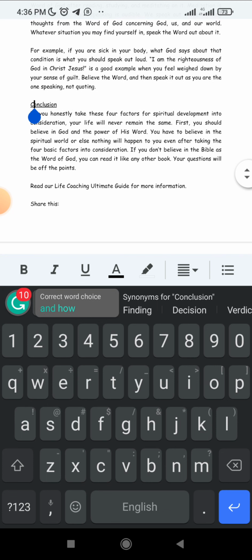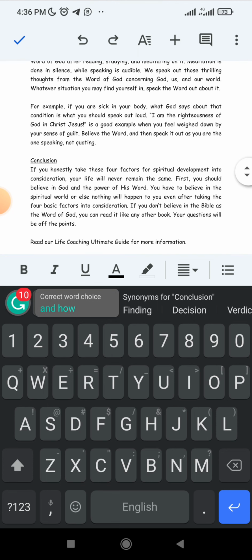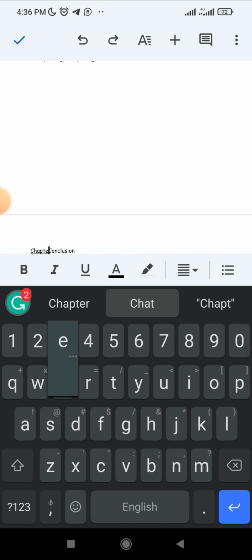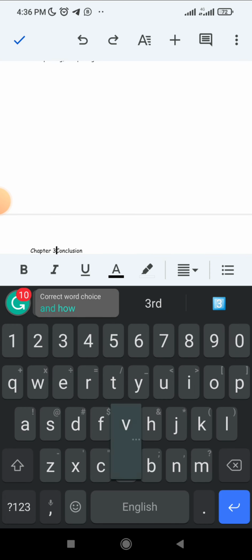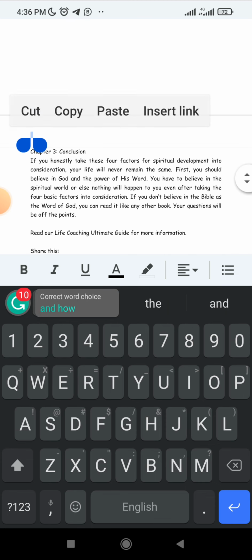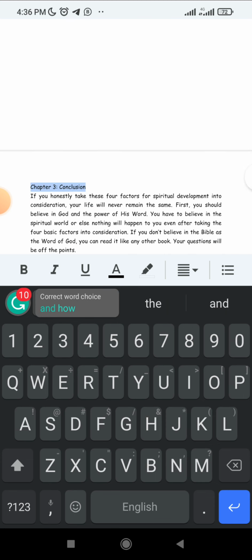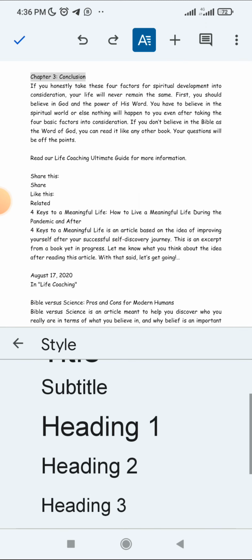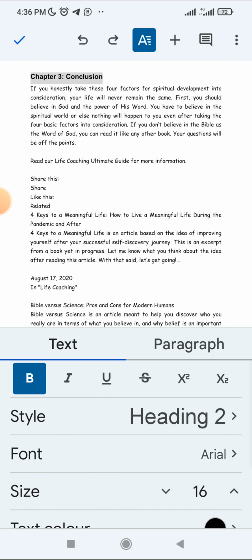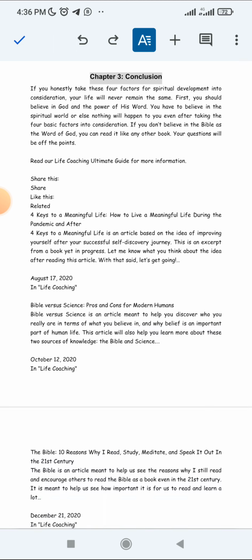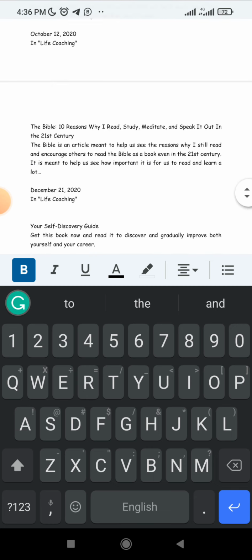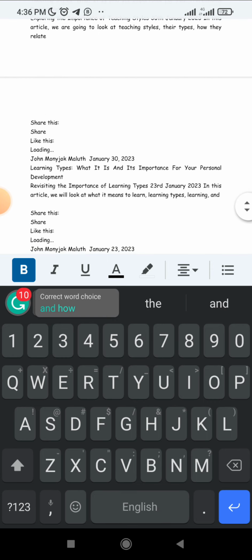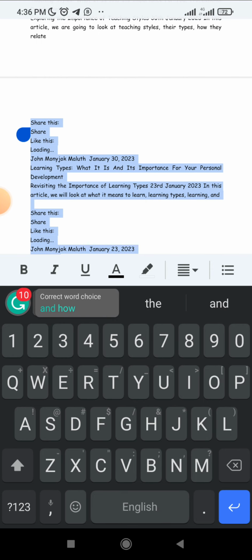Now conclusion, I will make it my chapter 3. Then go to plus sign, break your page, chapter 3 semicolon. I will leave it as conclusion. Because of this recording, I will go to my A. I will change my style to heading 2. Then bold, paragraph to center. Then scroll down. Let's assume that is all